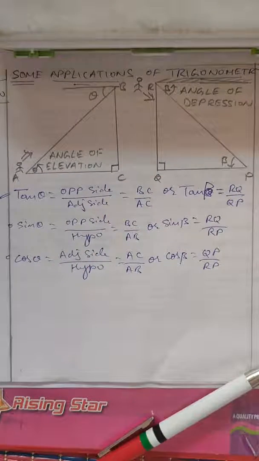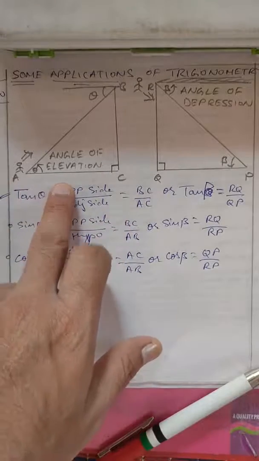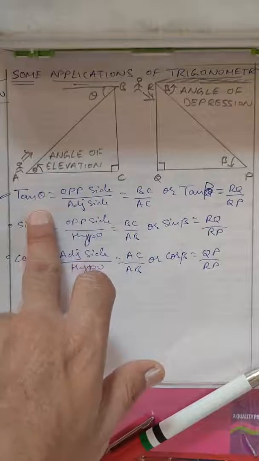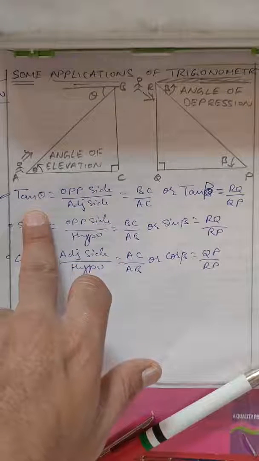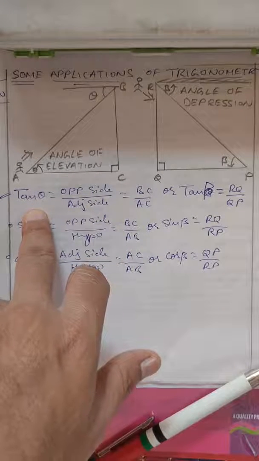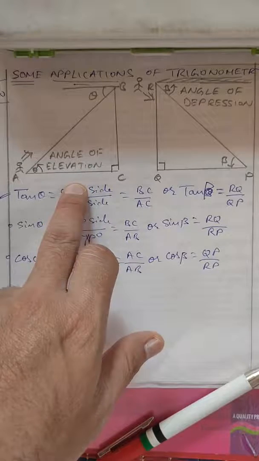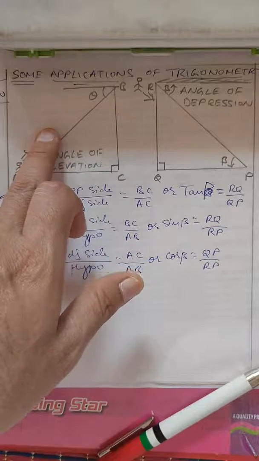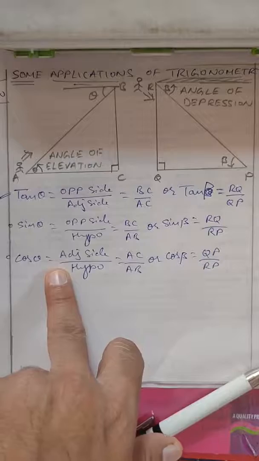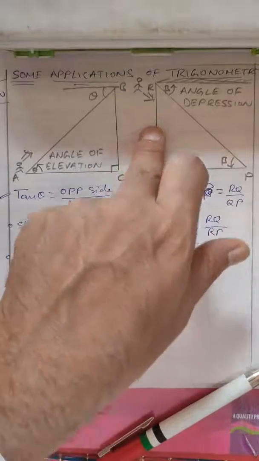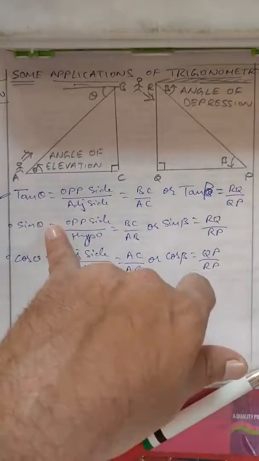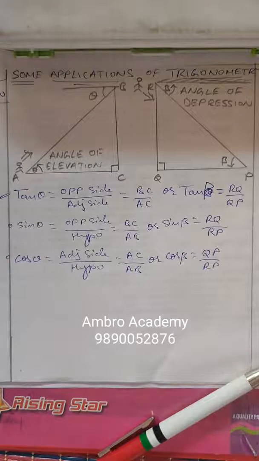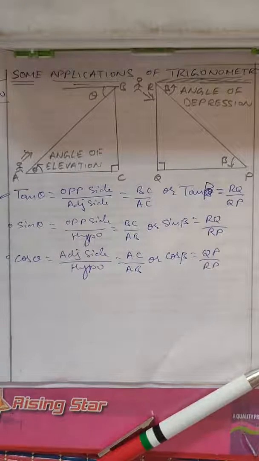Both the angle of elevation and the angle of depression are with respect to the horizontal, not the vertical; they will give that angle. Number two, when we want to find distance or height, we will go by tan. If they have given the adjacent side and you need to find the hypotenuse, then you will go by cos. If they have given the opposite side and we need to find the hypotenuse, then you need to go by sin. So when the hypotenuse comes, you may go by sin theta or cos theta, but normally we will be taking tan theta.